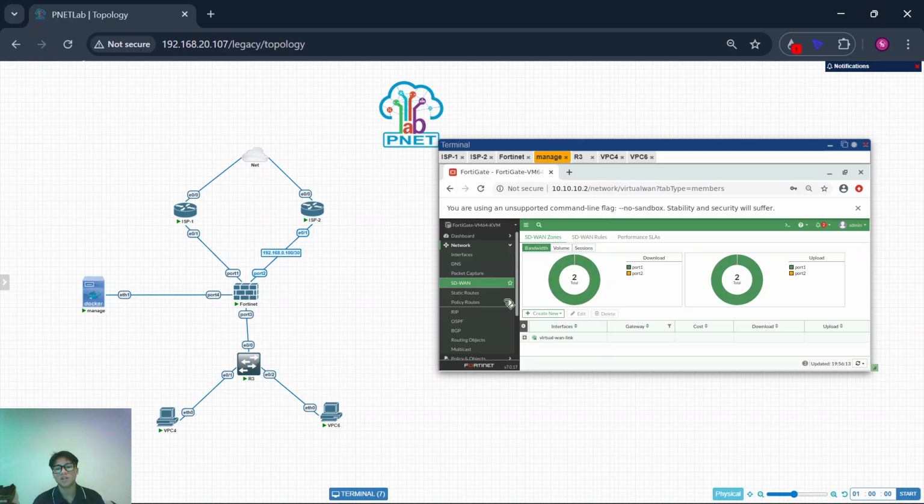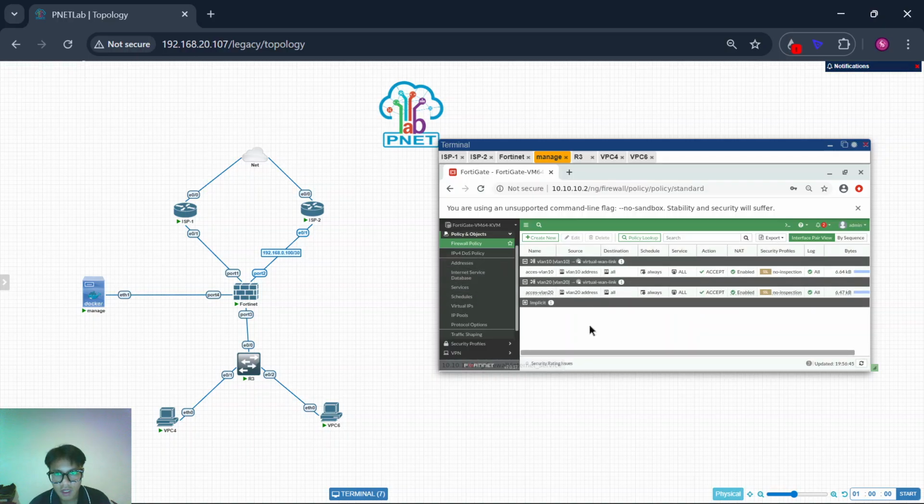Fortinet has a zone like an SD1 ID, such as the OSPF ID or router ID for an area. This is the same too, because I made two VLANs here. I made a policy: VLAN 10 VPC4 goes through ISP1, and if that dies, it waits for another way.